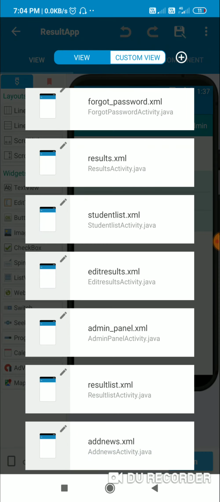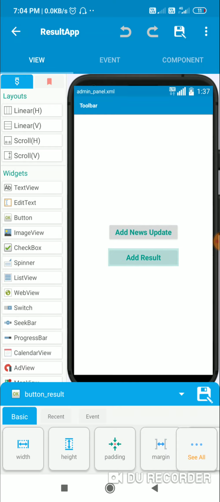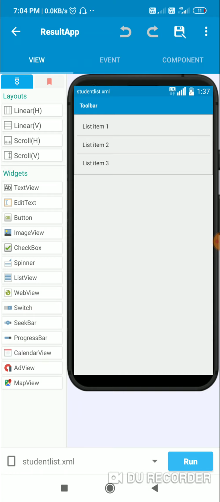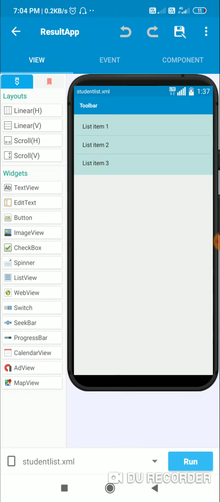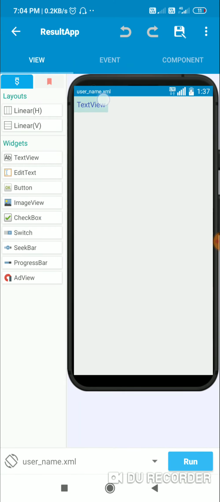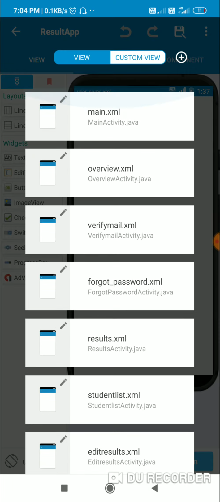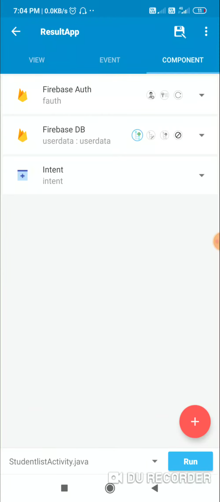Now let's go back to admin panel. The next activity is add result button, which takes user to student list activity. So this student list activity contains a list view, which is a custom list view, and the custom view is username, which contains a text view student. So this students list activity, here I have a Firebase DB component user data. So this will contain the data, user data of all the users,